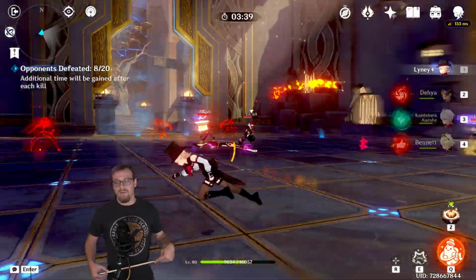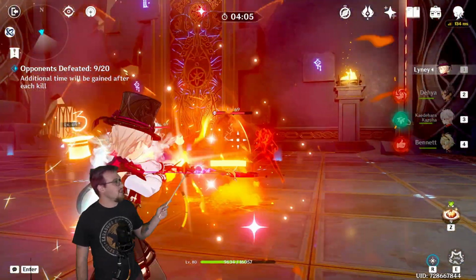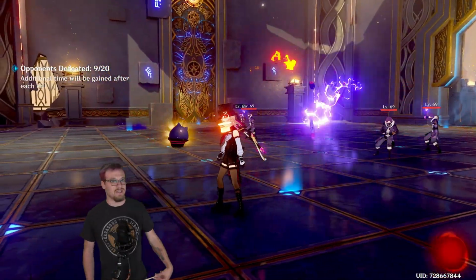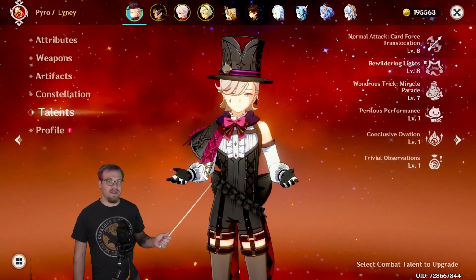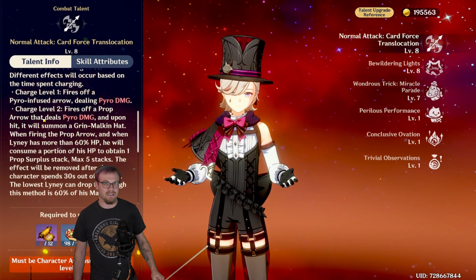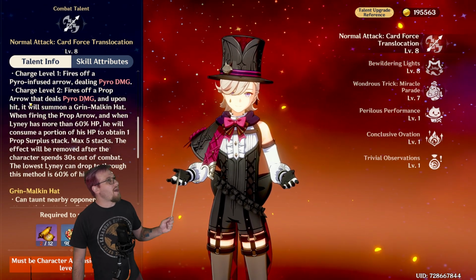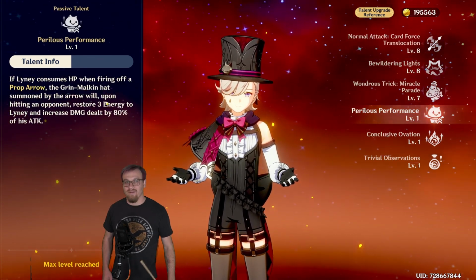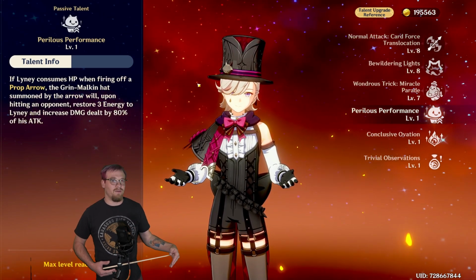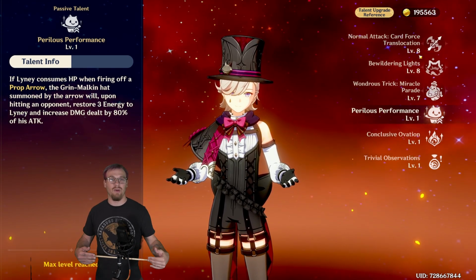Something else that you're going to notice is that you have this little number beside Lyney in the magic hat. That is a stacking mechanism that Lyney has. You get the stacks mainly by firing off the prop arrows. To fire off the prop arrow, you have to have over 60% HP on Lyney. You will lose a certain amount of HP firing it, dealing damage, making the cat in the hat, doing a prop arrow,